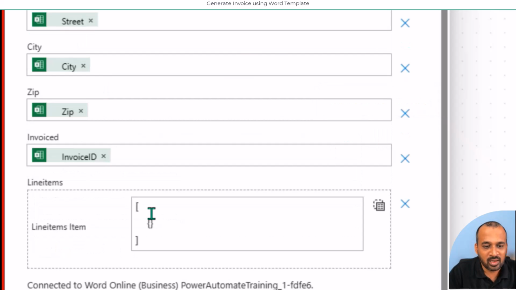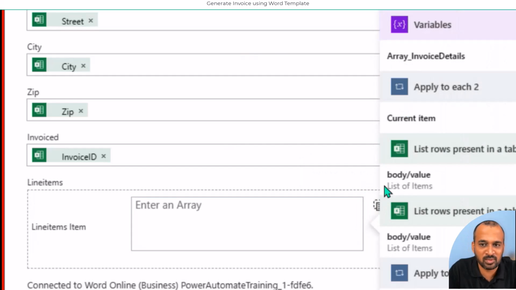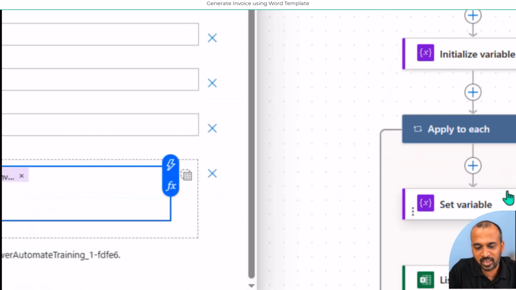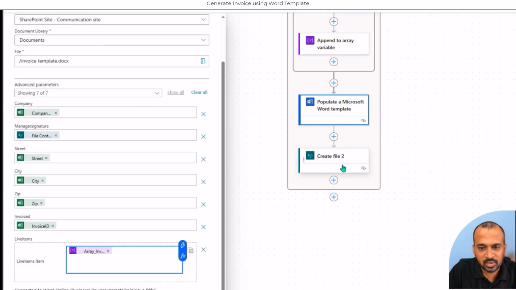So click here on this view, and then instead of this value, we need to pass the values coming from this invoice detail. So click here, it's going to apply the same logic here. So that's the use of switching between the controls and the array value. So we need to do this step, and finally what it will do here is this is going to create